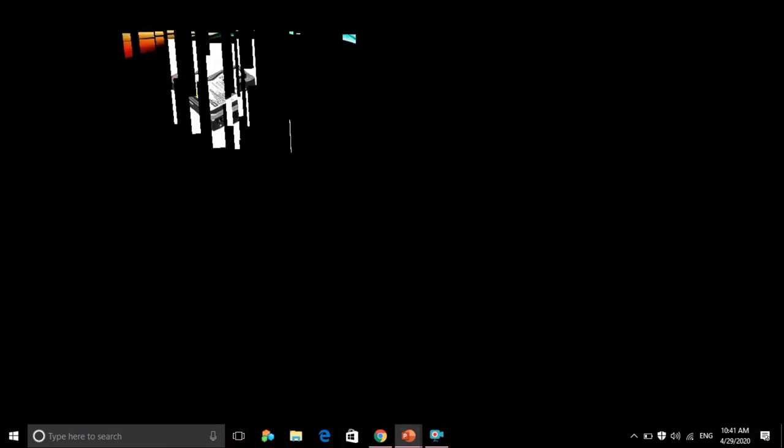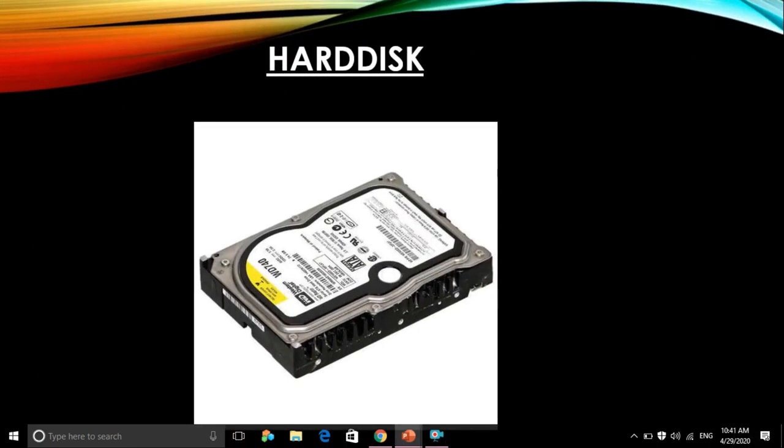It is called a hard disk. So it is mainly used to store the data. Whatever you are doing, you can store the data inside this one, and this will be inside the system unit. Okay, you can't see it outside, it will be inside your system unit, beside the motherboard and everywhere, if you know what a motherboard is. Okay, so the name is hard disk, and it is used to store some data and everything.